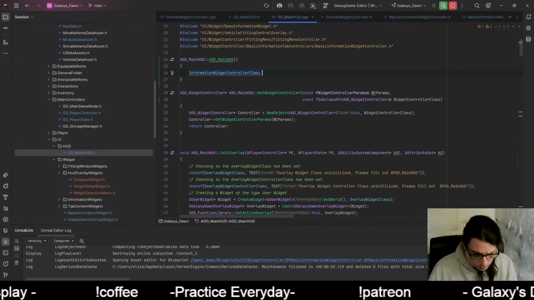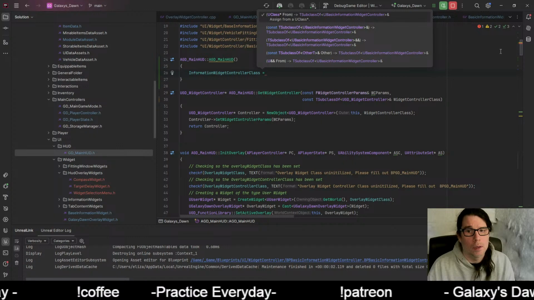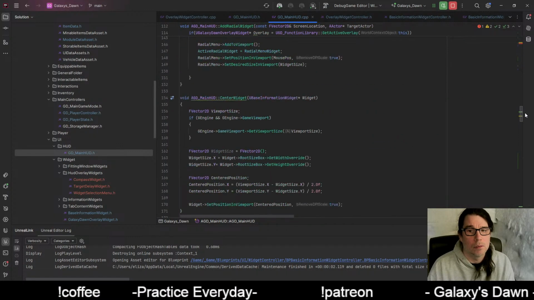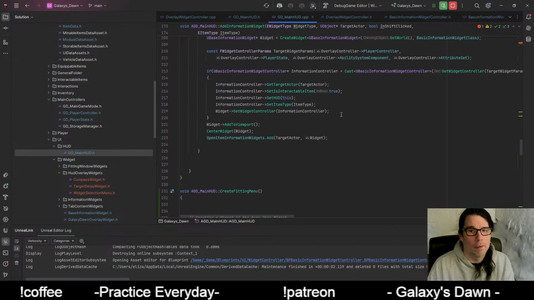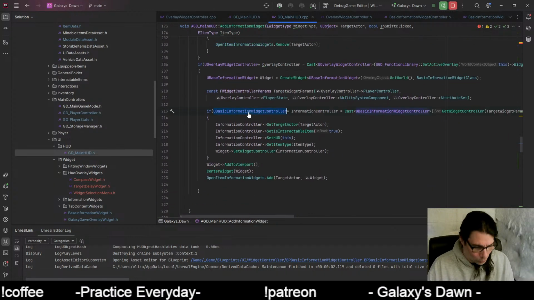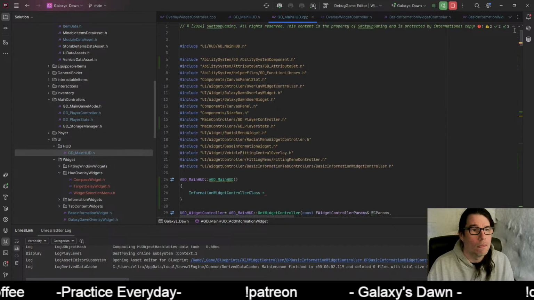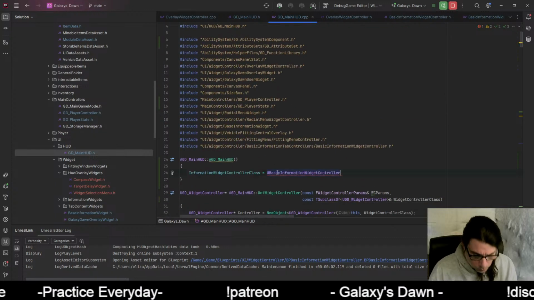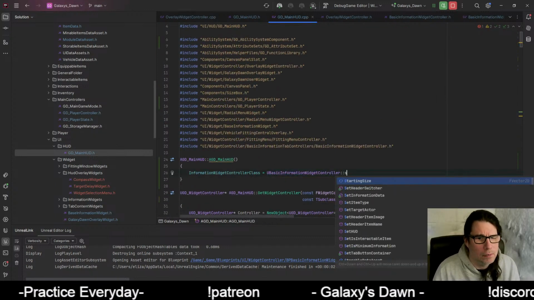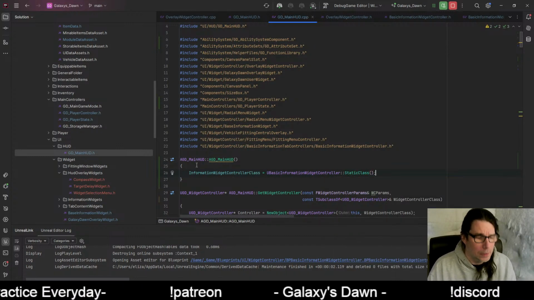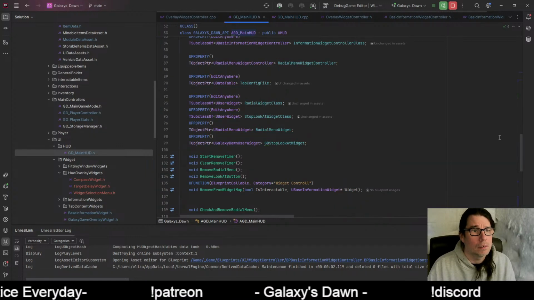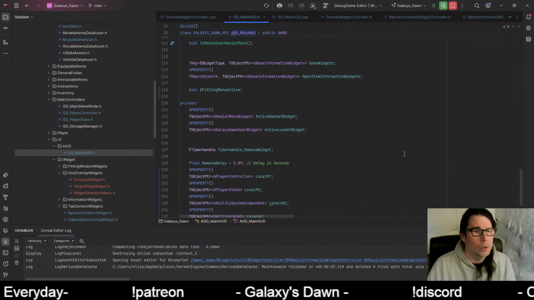Boom. Equals. And I'm gonna say controller. Boom. And then we're gonna get static class. There we go. So now we're setting that, so we can actually in our HUD get our